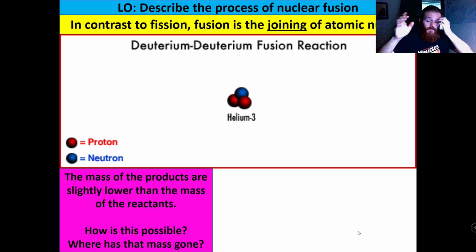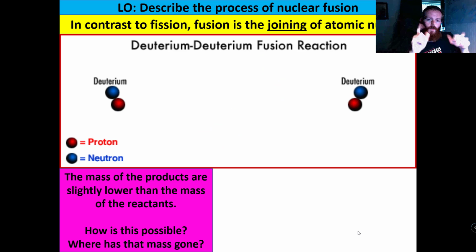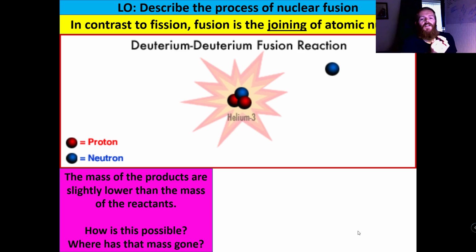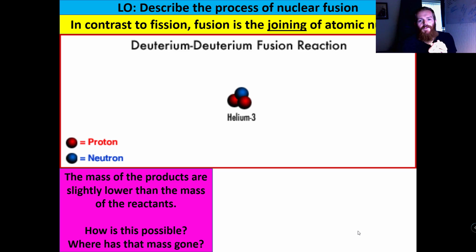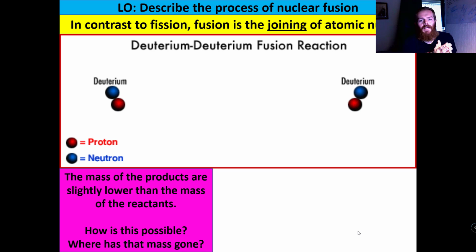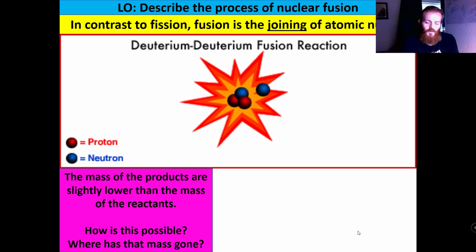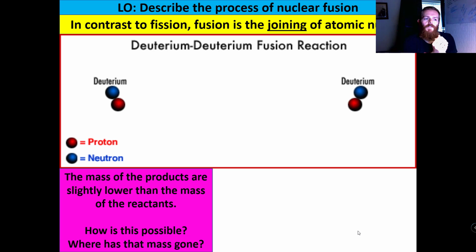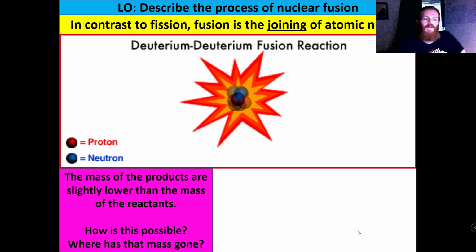One of them gets ejected, but it doesn't mean that thing doesn't exist. What I'm saying is, if you were to take those and you had the best set of scales in the universe, the best balance that could measure amounts of subatomic particles' mass, and you put all the 2 protons and 2 neutrons on it before the fusion reaction, and it had a mass of whatever it was, like 4, if you were to take all the particles after the fusion reaction and put them back on that scale, you'd find that it's got a mass of like